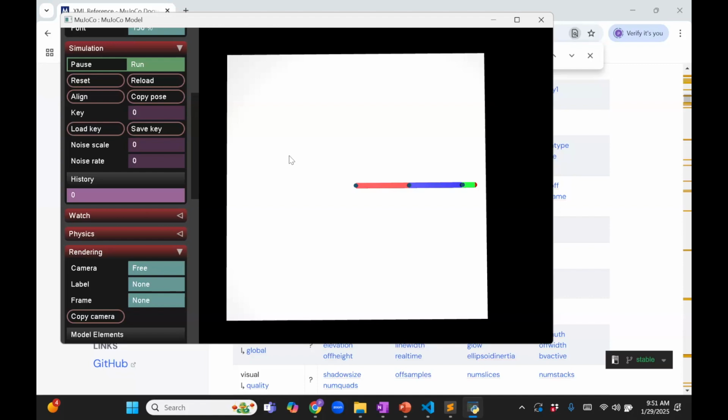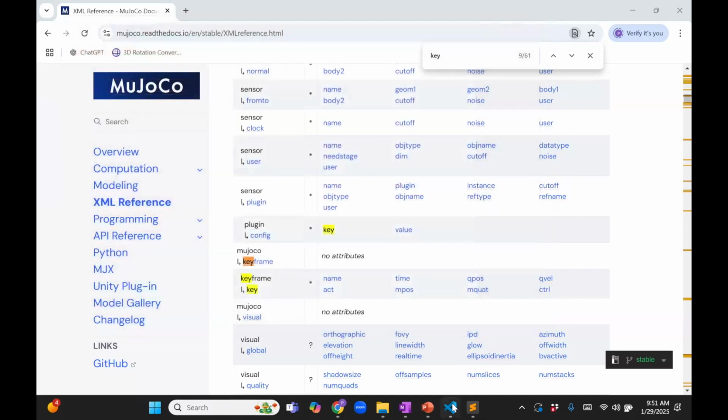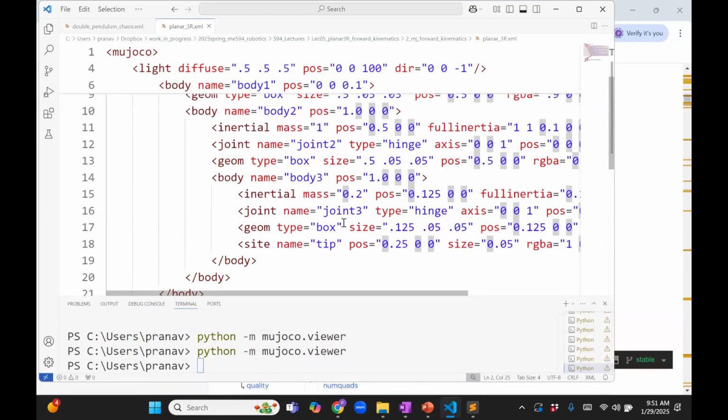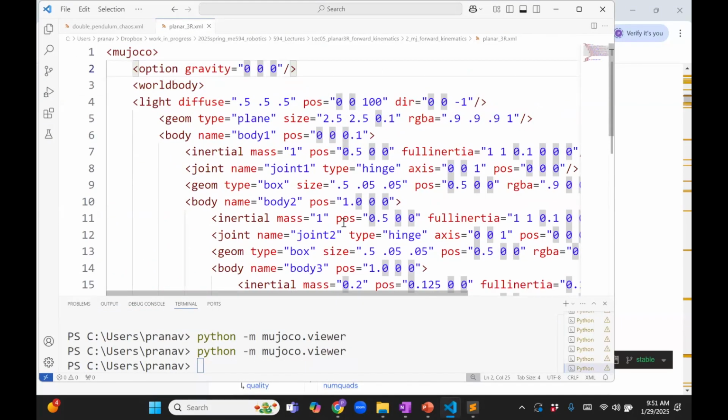Let's sort of close the loop. Now, if you have this XML file, can we now show that this XML file will produce the same results as our forward kinematics file, which we created earlier. So the forward kinematics file